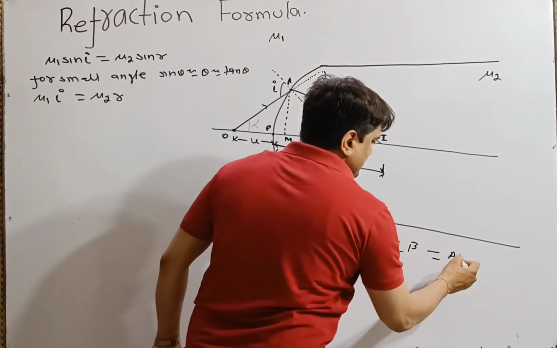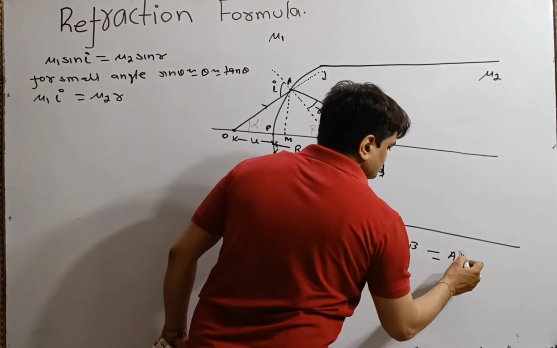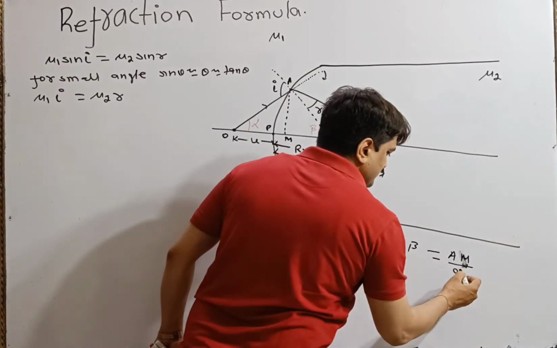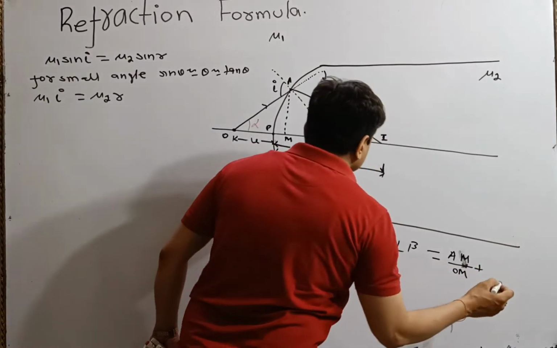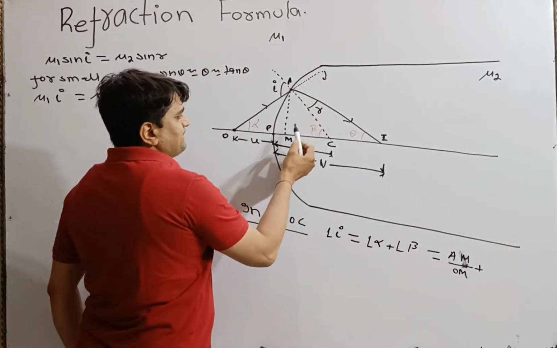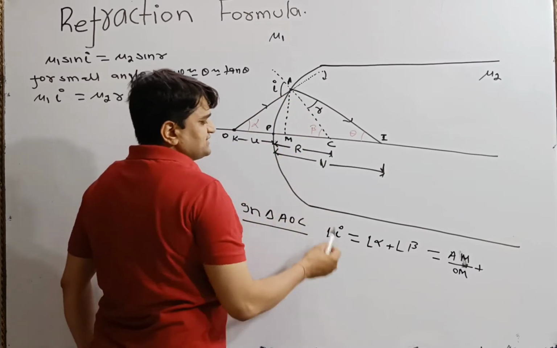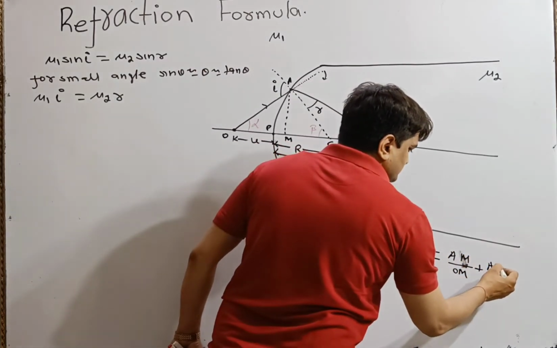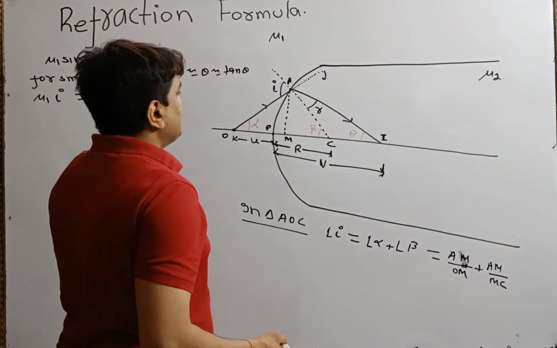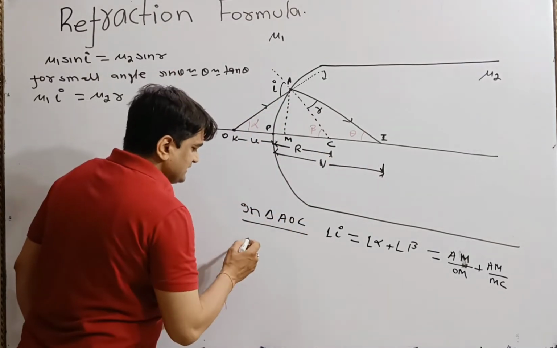In this triangle OAM, tan alpha will be AM upon OM. Plus beta: in triangle ACM, tan beta will be AM upon MC. Okay, now in triangle AIC,